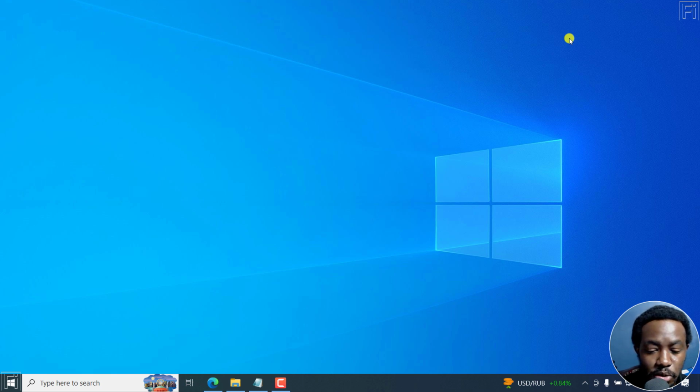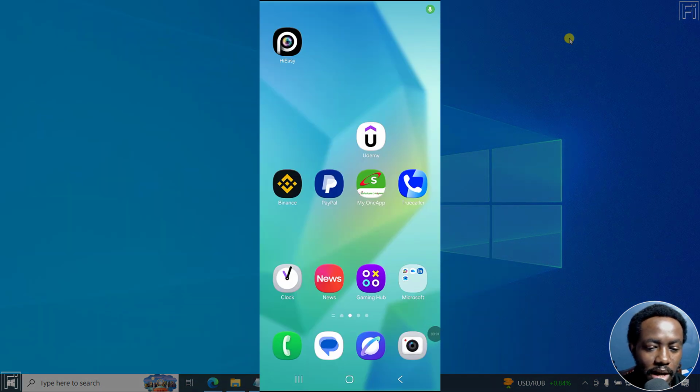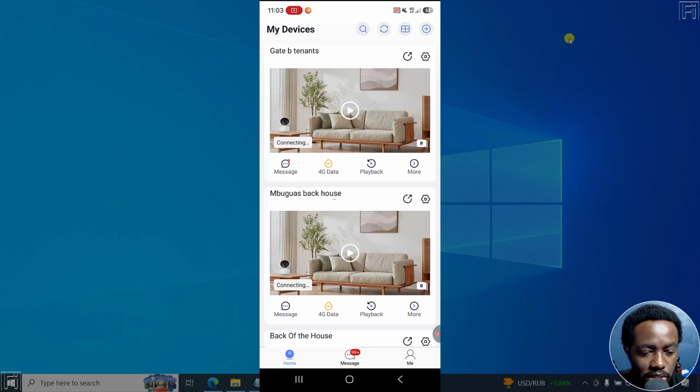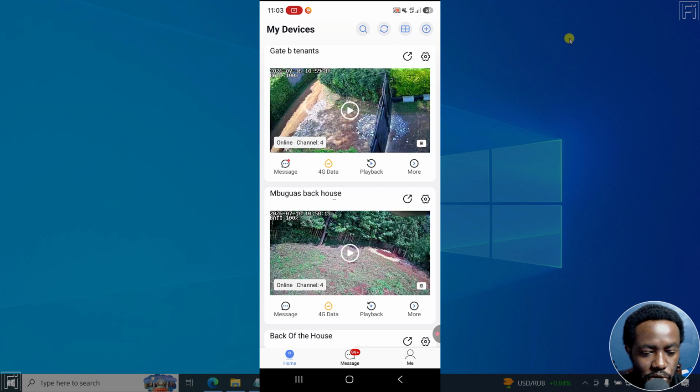Now, specifically for this video, my target is 4G Solar CCTVs using the HiEasy app. I do have the HiEasy app on my phone, and if I click on it, it's going to pull up all the cameras that I have, that is, the 4-lens 4G Solar CCTV cameras. As you can see on screen, I have gate B tenants, bogus back of the house, and another back of the house. 3 cameras, more or less in total 12 CCTVs, because a 4-lens 4G Solar CCTV camera is more or less